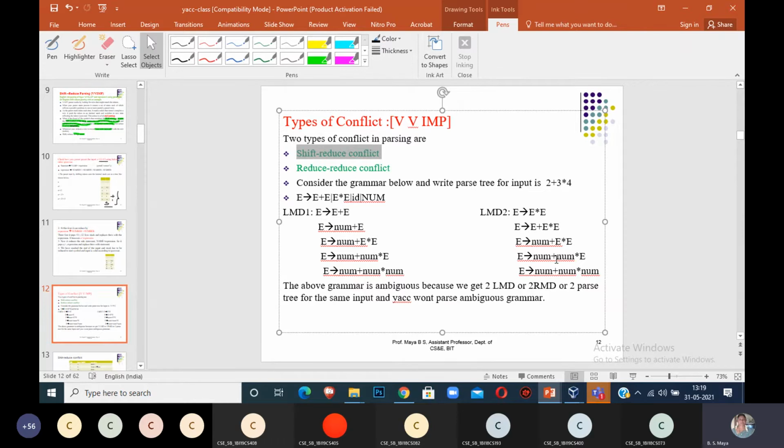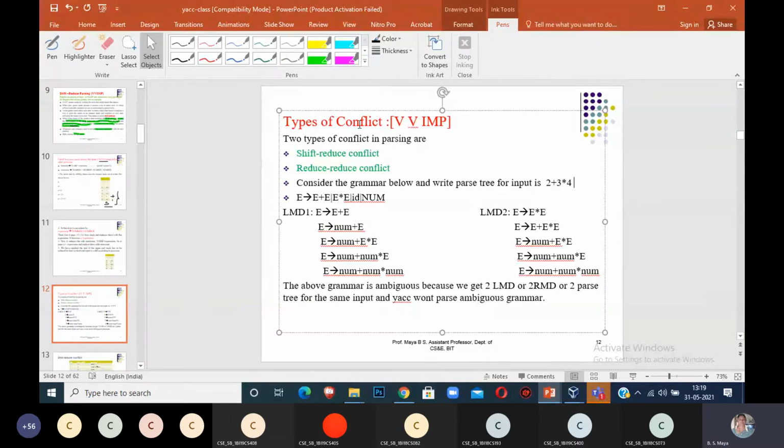All of you, can you try the 1B program? Those who are doing it in the lab, don't use your percentage left, percentage right. Don't use associativity. If you run without associativity, definitely you will get this error, shift reduce conflict. Because my input is 2 plus 3 star 4, the answer can be 20 or 14, because the precedence is not mentioned. If the precedence is not mentioned, the grammar can work in any order. That is the problem that occurs.